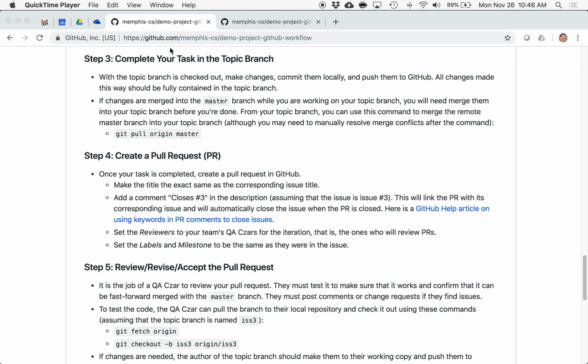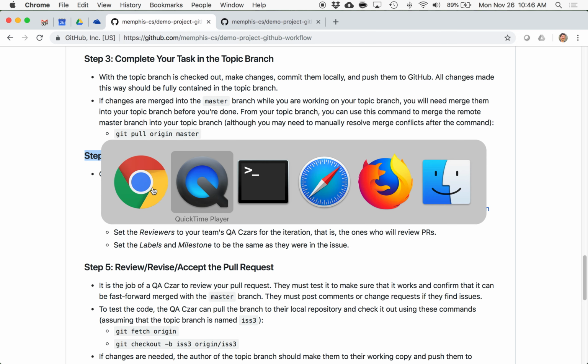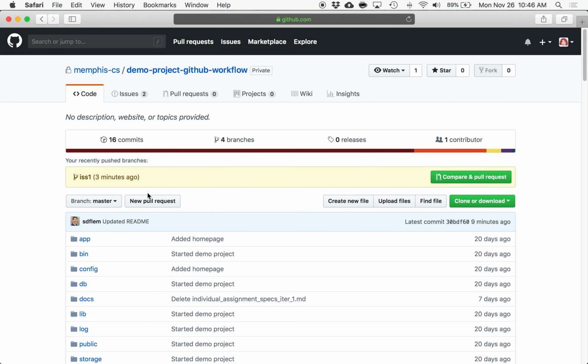Okay, so having completed the task in the topic branch and pushed it to GitHub, you can now create a pull request to submit your work. So let's see how that would happen. So first we'll do it for Alice. So over in Alice's